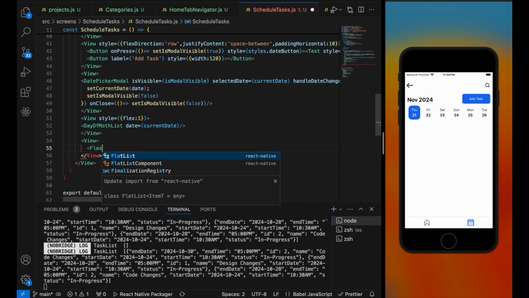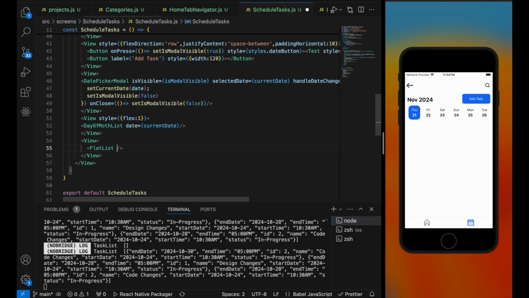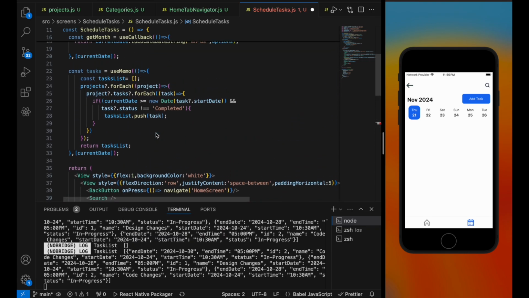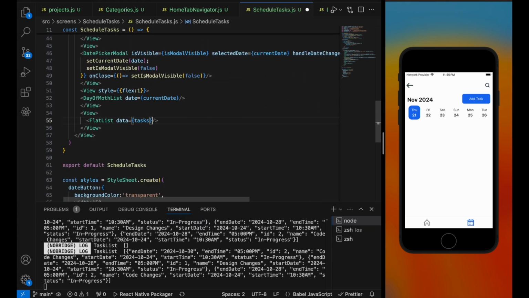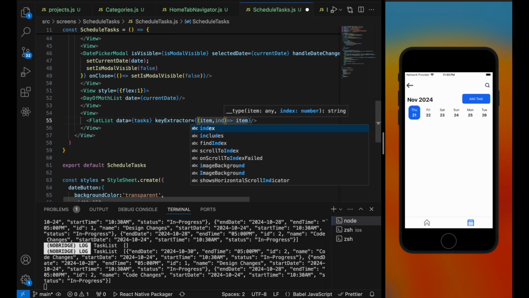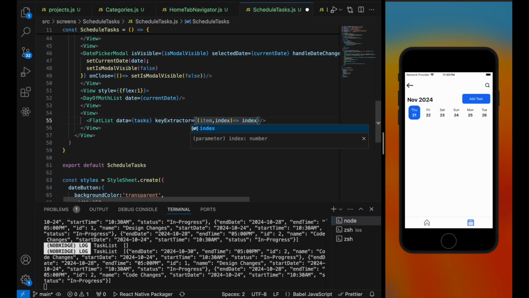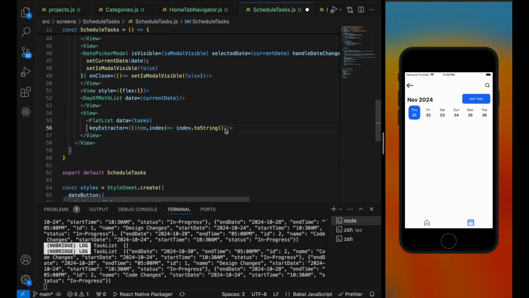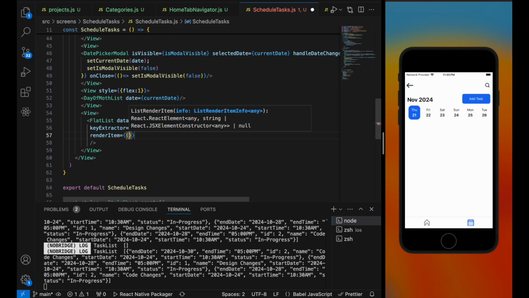So now here we display flat list, data task, key extractor item, item dot index, index dot to string, and let's add render item also, render item,